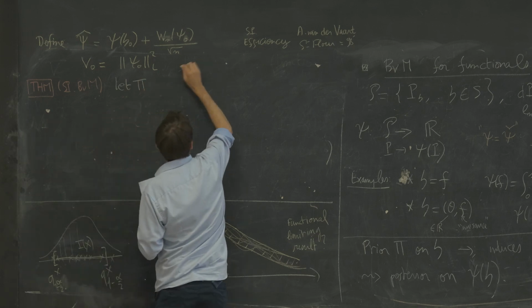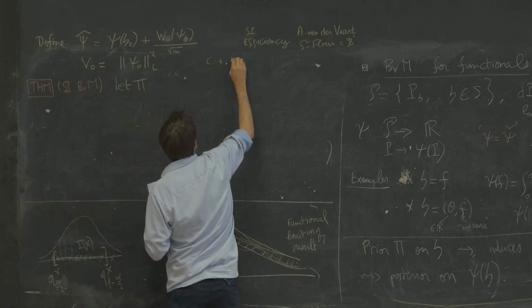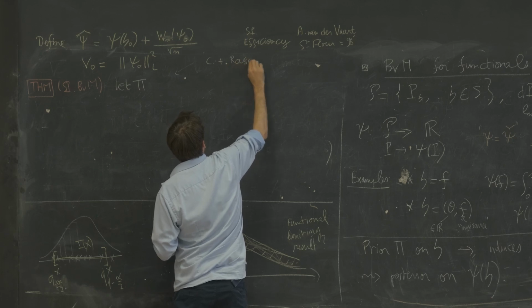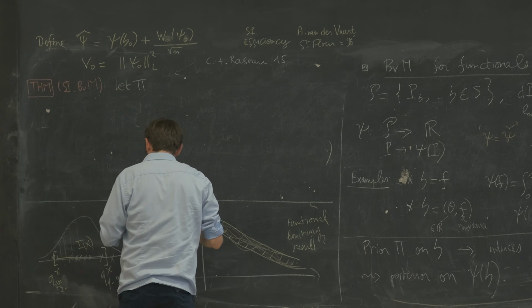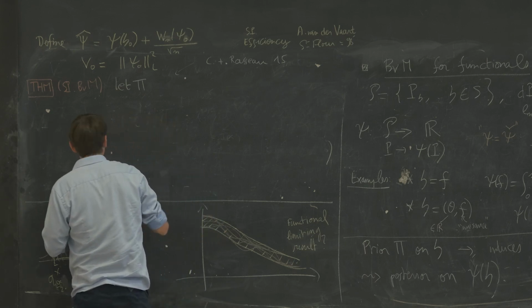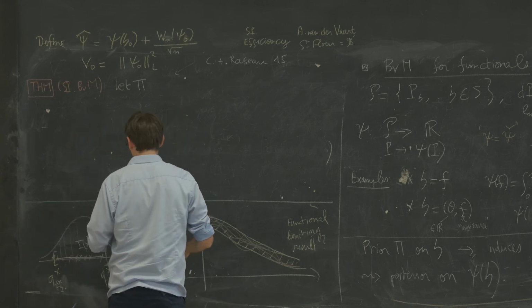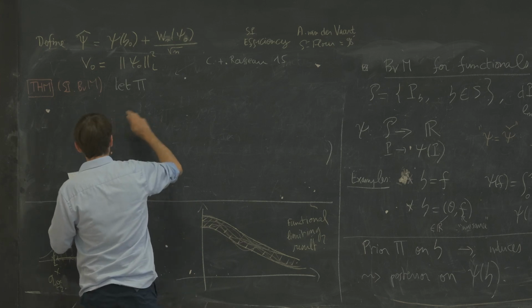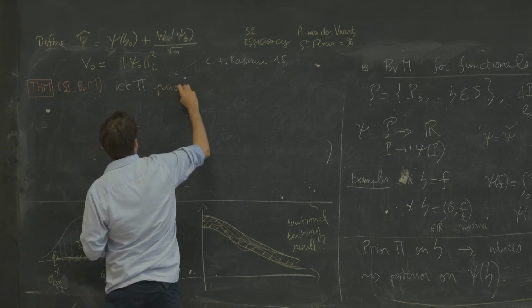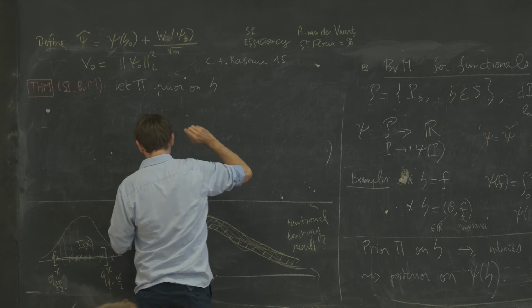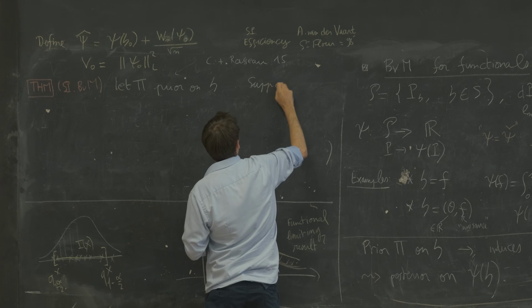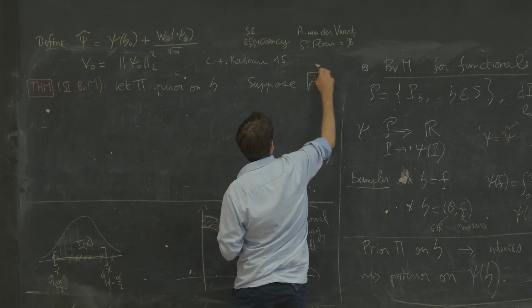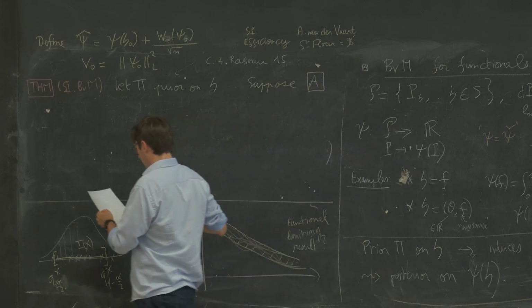That's joint work with Judith Rousseau, which itself built on a few previous works we did separately. So let pi be a prior on eta, and suppose A, these conditions on the board over there,